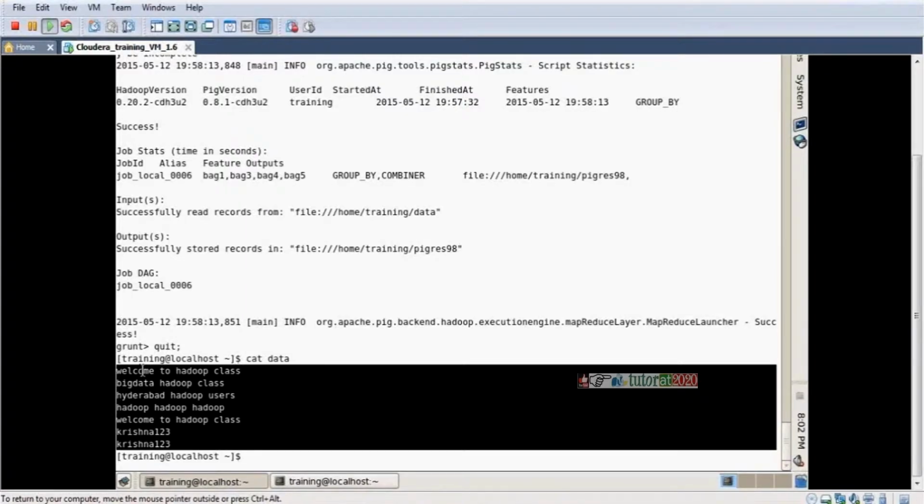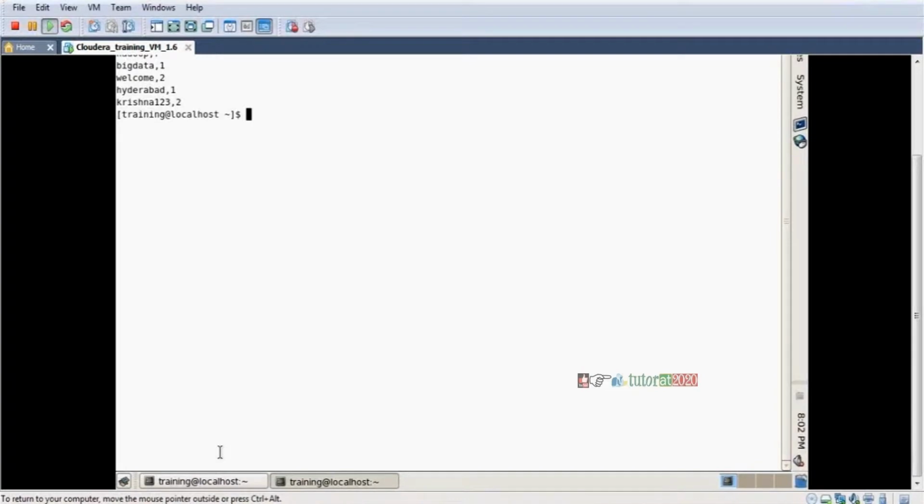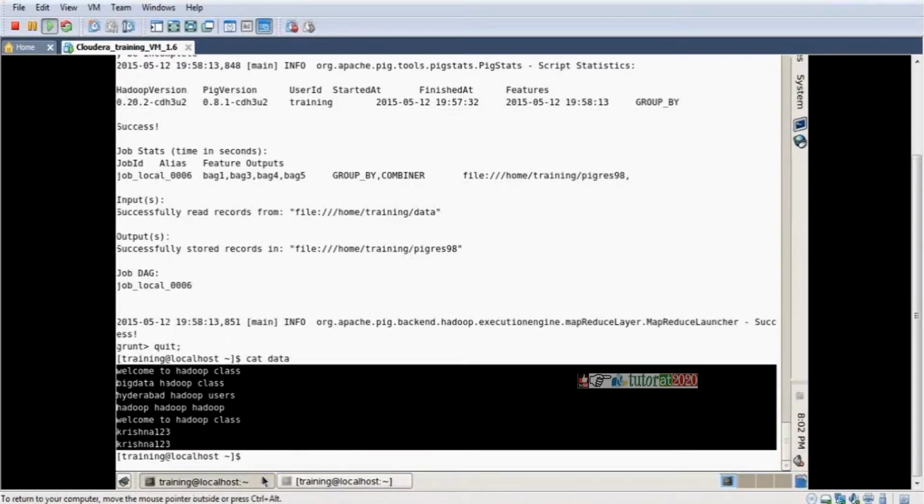Okay, how to develop our own functions? How to develop our own functions in Pig and Hive? Both are possible. So the command to